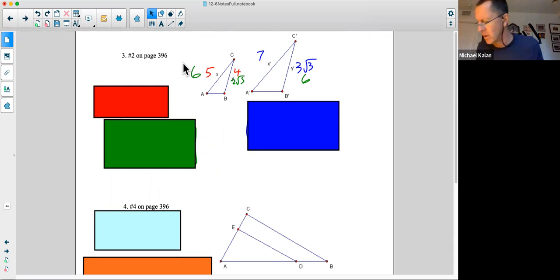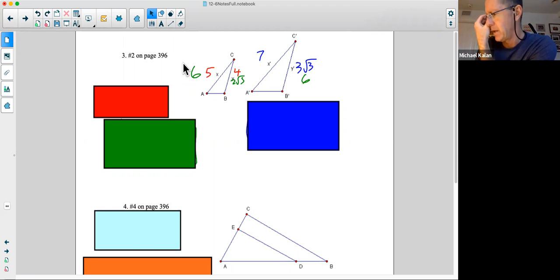And I have these color coded. So the first thing we have to do, because we're doing this problem 3 times with different numbers. Number 2, it says, in the figure, angle A is congruent to angle A prime, and angle B is congruent to angle B prime. What is the ratio of the areas of the triangles if x is 5 and x prime is 7? Well,